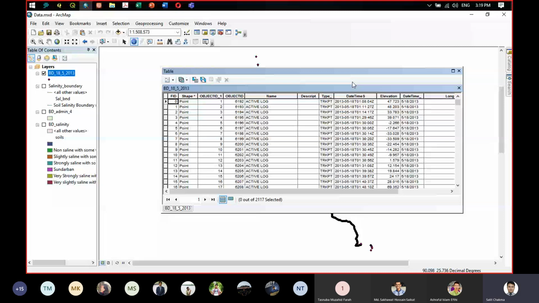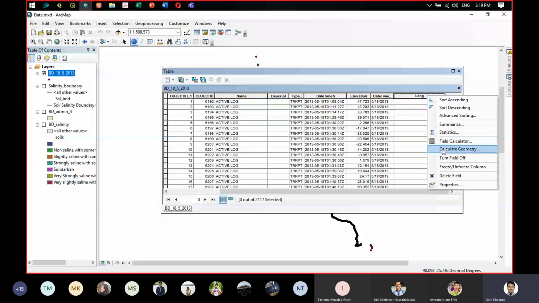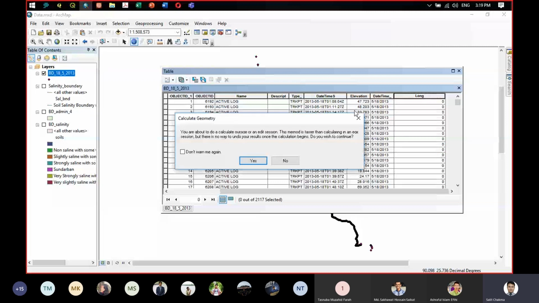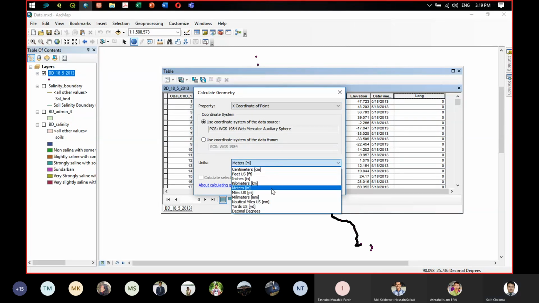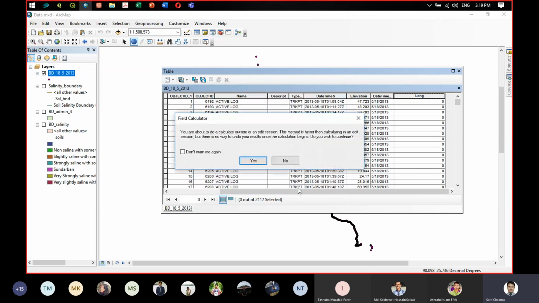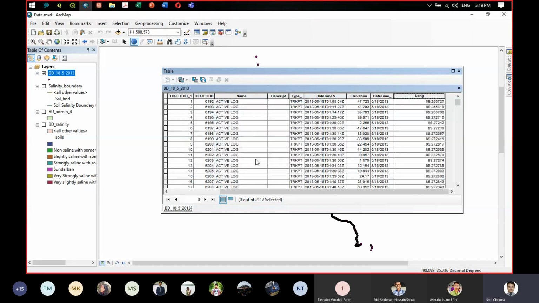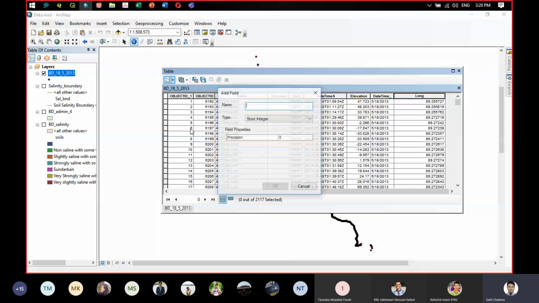লং। এবং লং এর এখানে আমি করলাম কি, আমি বললাম ওকে ক্যালকুলেট জিওমেট্রি, অলরাইট। সো আমি বললাম লঙ্গিটিউড কি এক্স নাকি ওয়াই? আচ্ছা, তোমরা এখনো এগুলো জানো না, এটা হচ্ছে এক্স, ওকে। বললাম এক্স কোঅর্ডিনেট অফ পয়েন্ট এই জায়গায় আমাকে দেখাও। ইউনিটস হবে in decimal degrees, okay. So use coordinates of the data frame, coordinates of the data source, okay. Yes, দেখো এখন আমাকে প্রতিটা পয়েন্টের লঙ্গিটিউড দেখাচ্ছে।